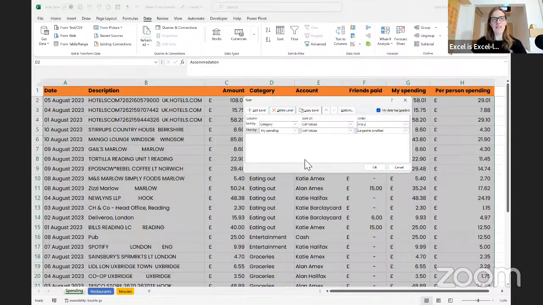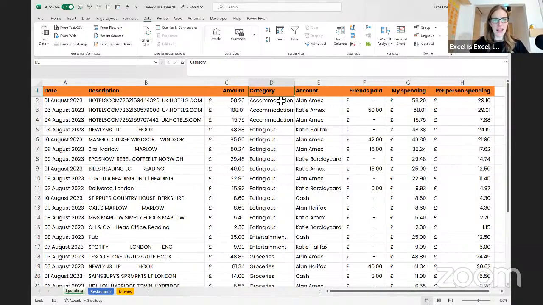So back to this and having the sort at different levels. I said we're going to sort by category, and then we're going to sort by spending. You think, what does that mean? I'll show you exactly what that means. So I'm going to press OK. And you can see that it's sorted by category. So it's got accommodation first, and then eating out and so on. But within that,